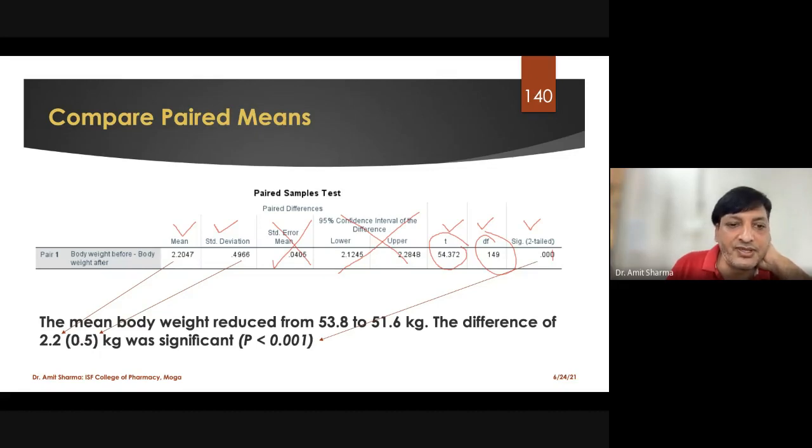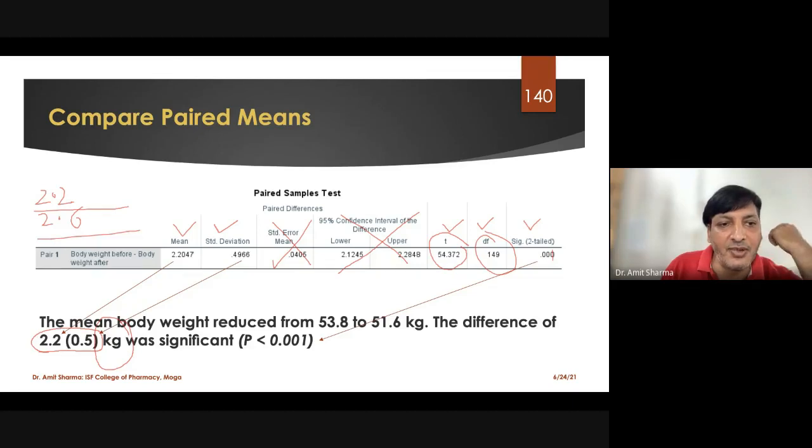And how much is the difference? It is 2.2, and in the bracket you have to write the standard deviation along with the unit. See, for pair 1 might be unit is different, pair 2 might be there will be a different unit. So you cannot say that 2.2 of pair 1 is equivalent to 2.6 of pair 2. So might be 2.6 is different. It can be the kg meter square, or this will be given in terms of kg. So both units are different.